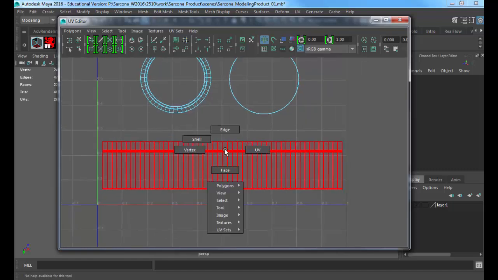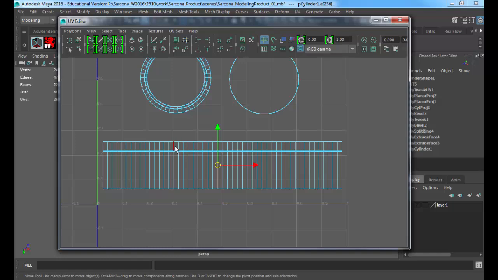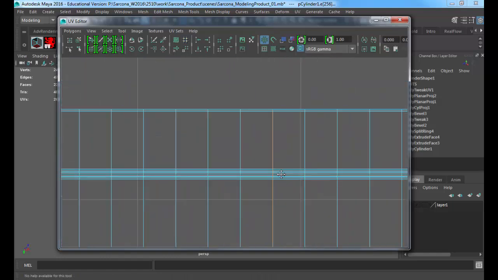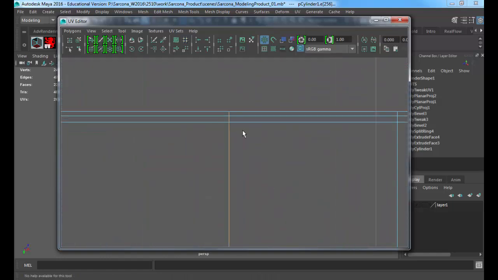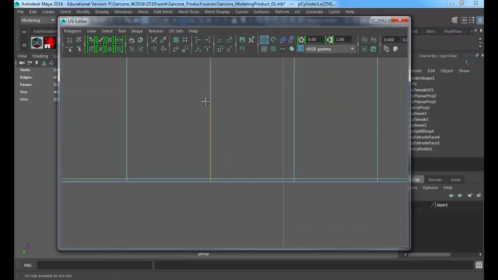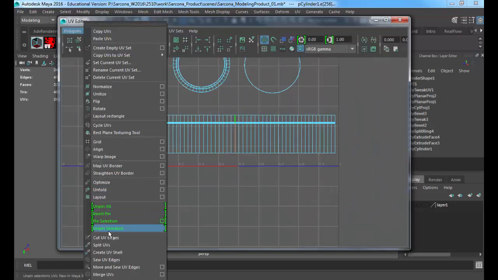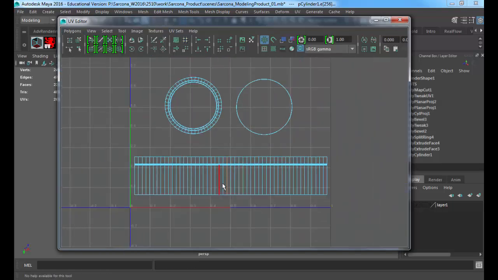So I'm going to right click and go to edge, and I'm going to find maybe about there. I'm just going to double click it right here. What that should do is when I double click, it should go all the way to the end. And it does. It goes all the way to the end here and all the way to the end there. Okay, and I'm just going to go to polygons, cut. And now if I right click and go to shell, now I have an extra